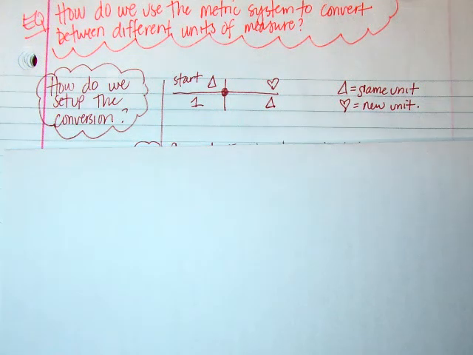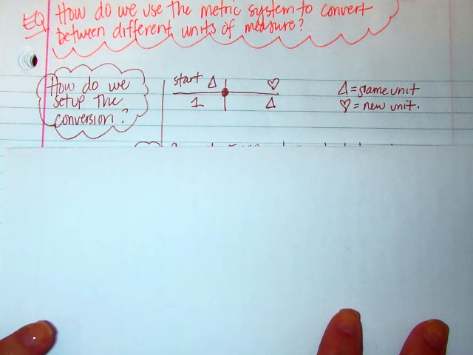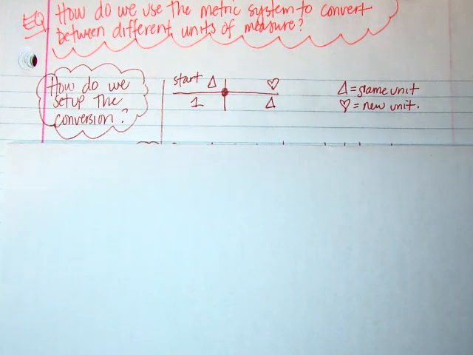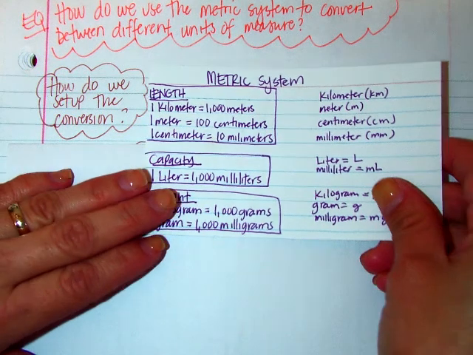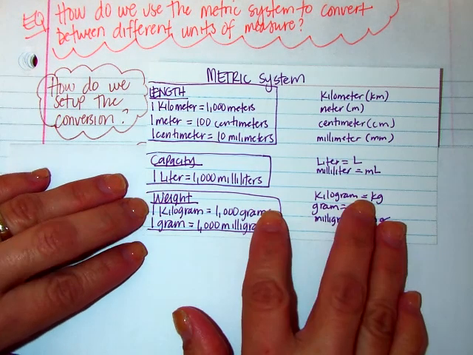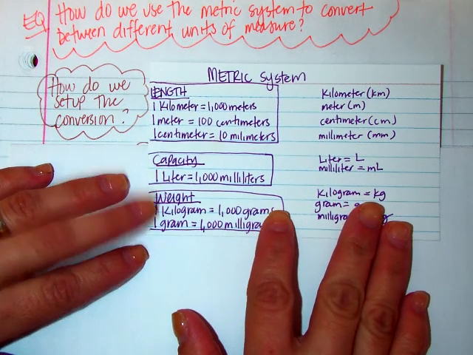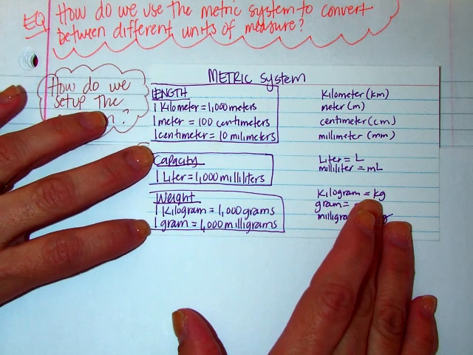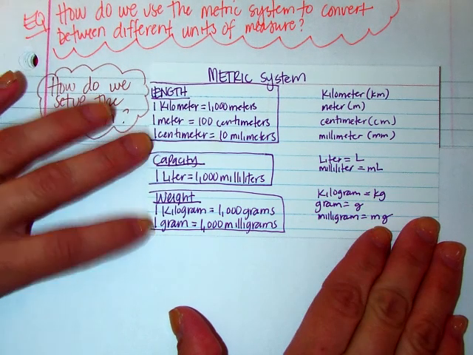Alright, today we're going to be using the metric system to convert between different units of measure. In our previous video we were talking about the standard measurement system. So now we're going to be using the metric system. And if you don't know some of the more common conversions, I've written them down on this index card. So if you want to pause so that you can copy this. But we're still going to be talking about length,